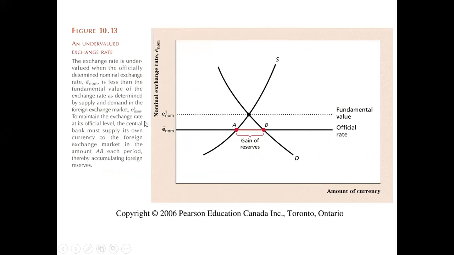we can see here again the amount of currency on the x-axis, the nominal exchange rate on the y. And then we can see here the fundamental value with E superscript 1 norm and then E bar norm, our official rate. So why is this undervalued? It's because our respective official rate is actually lower than the respective fundamental value. So the official rate is our fixed rate or the fixed value, as opposed to overvalued, wherein our official rate